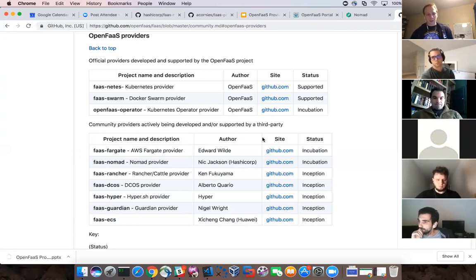Something that might be interesting is you can see an example here for Hyper that was started, and I don't think it's being maintained by them anymore. But Hyper have an on-demand compute service, so you can start containers on the fly, and so a provider for that might be interesting. Recently, I started looking at, could we do one for Containerd that just runs on a single node for a really constrained device like an edge compute gateway. Maybe it doesn't have any networking, and there's all sorts of things that we could do with this. So if you're interested, please let us know.